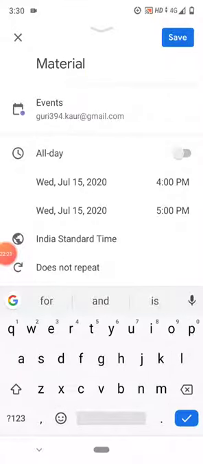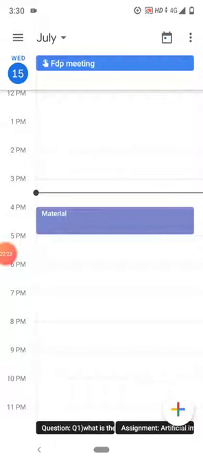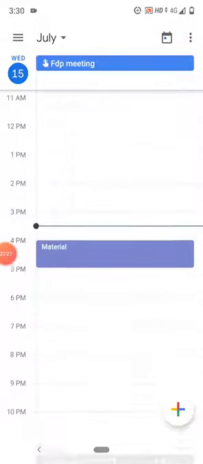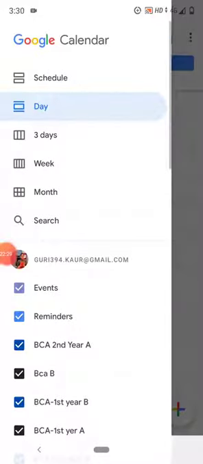Material, click on the save button. In a similar way your material has been created. So this is also a wonderful feature of Google Classroom.